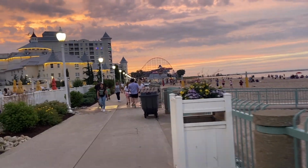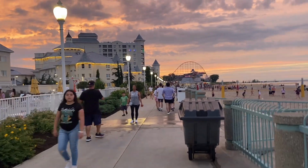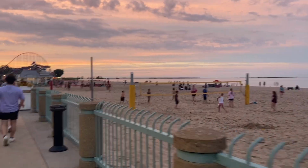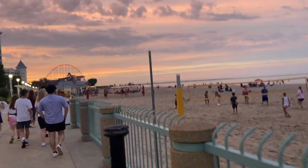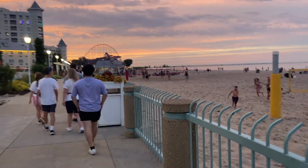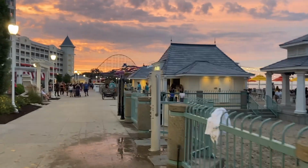The silhouette of Magnum, the boardwalk, the beach. It is busy this 4th of July weekend, but I'm a little bit surprised at how much we were able to do. We'll talk about that a little bit more after the parade. Tons of people are entering the park right now